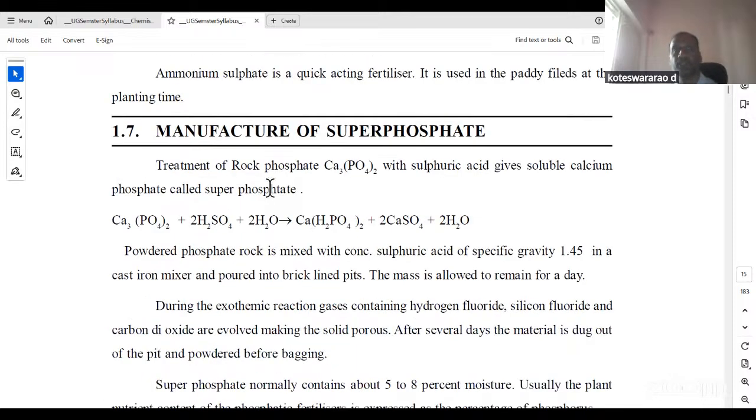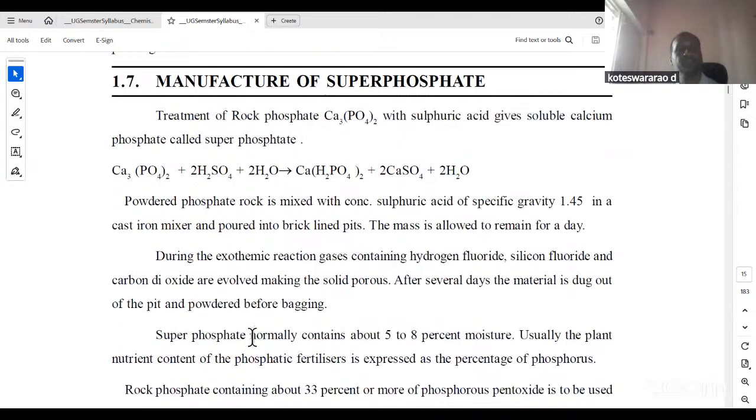Right. Next, manufacturing of superphosphate. What is superphosphate? Treatment of rock phosphate, calcium phosphate, with sulfuric acid gives a soluble calcium phosphate called superphosphate. This calcium phosphate is also called rock phosphate. The rock phosphate is added to the dilute H2SO4 in water, which leads to formation of superphosphate,